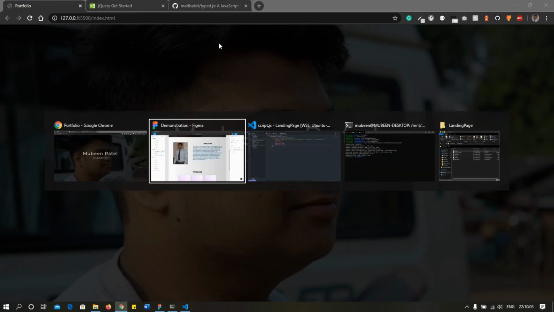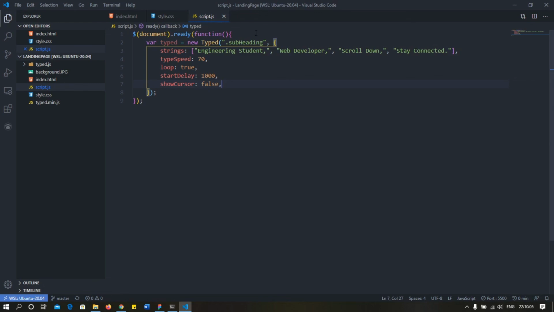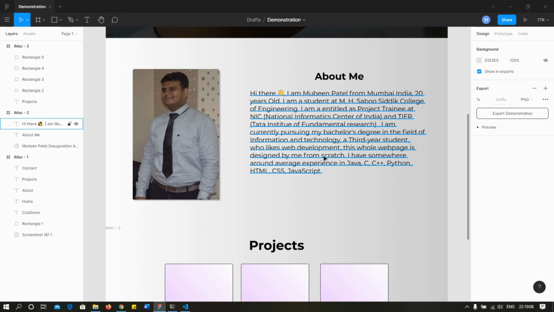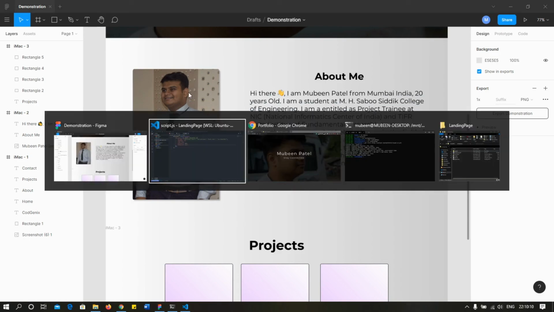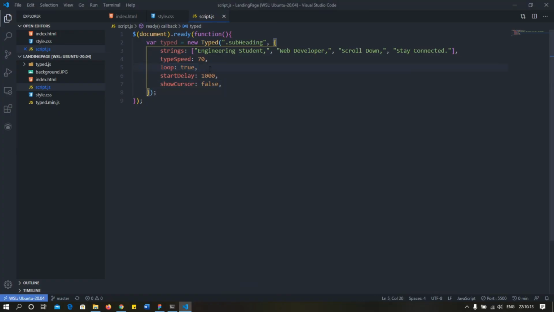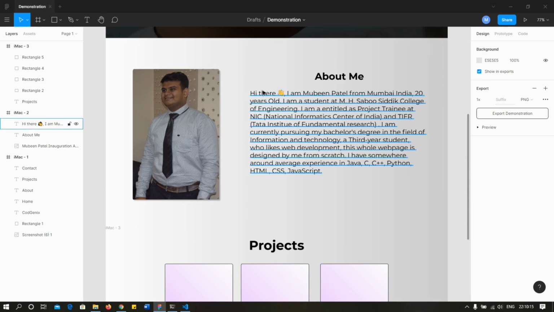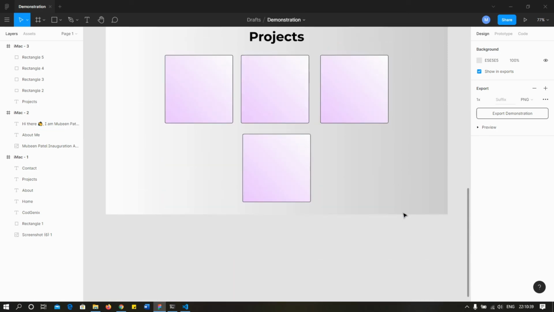So what you can do is use this method, type this out, and then remove the loop true. When you remove loop true, the about me section will be typed out slowly so that the user feels the interaction, that someone is interacting with me, although it's just an illusion, but it looks a bit more subtle and good. You can try this out and hopefully let me know if you have any problems while following this tutorial, and we will work around solving it.